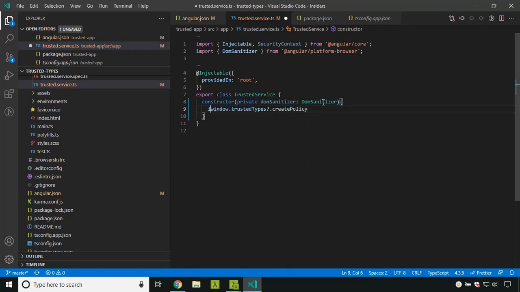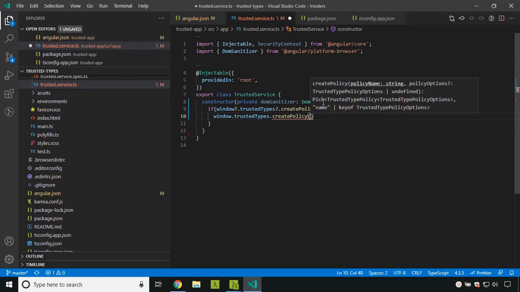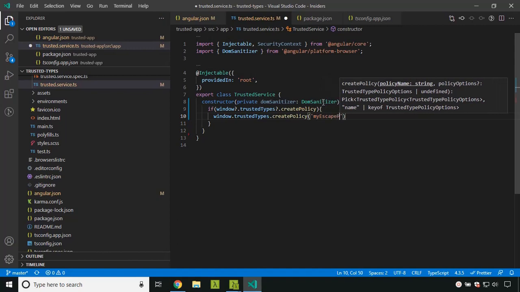So I will add an if check whether these are available, and in case it is available, I will be creating a policy, trustedTypes.createPolicy. Inside that we can give the policy name, so I am giving my escape policy, and after that we can give the policy options.